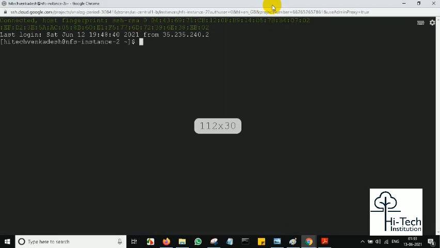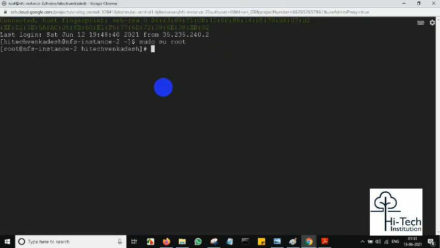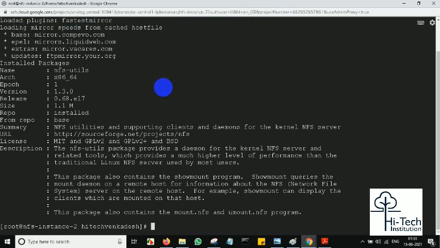So this is my client 2. In this client 2, I'll be checking whether the package is available or not. yum info NFS-utils. I'm just checking. Yeah, in this machine it is already installed, so that's fine.